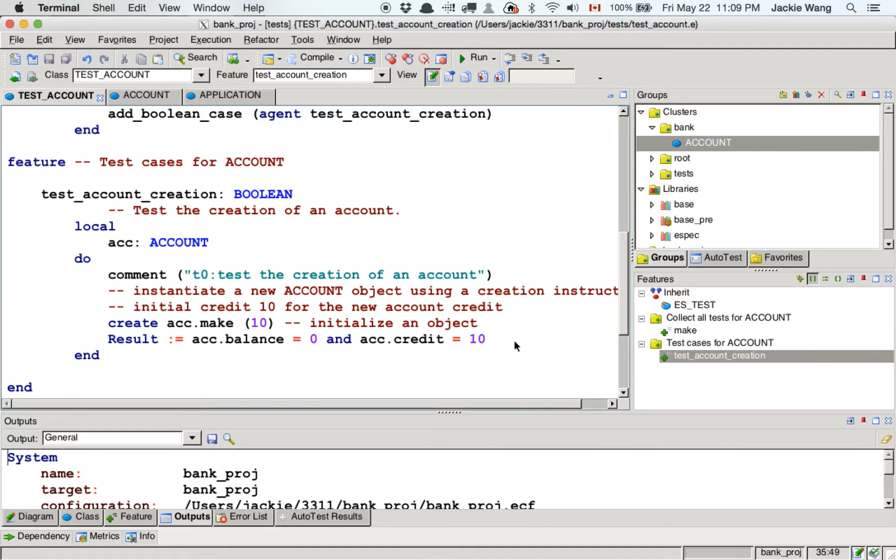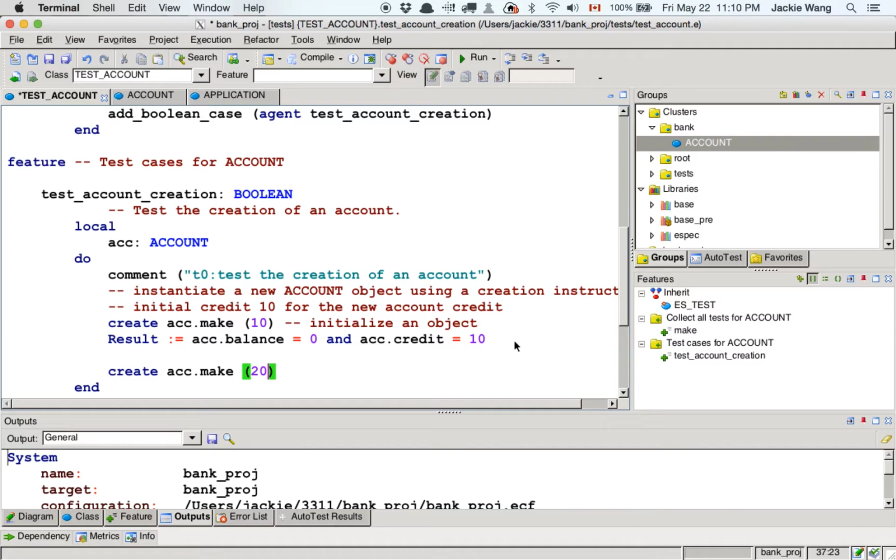Let's say the first test case I did was to make sure that if I give some specific value for the initial credits, I actually do get the same one. Let's say I also want to test for a specific value. Let's say I also want to test for if I